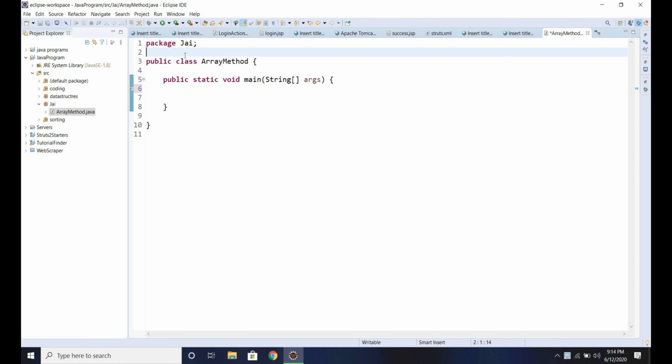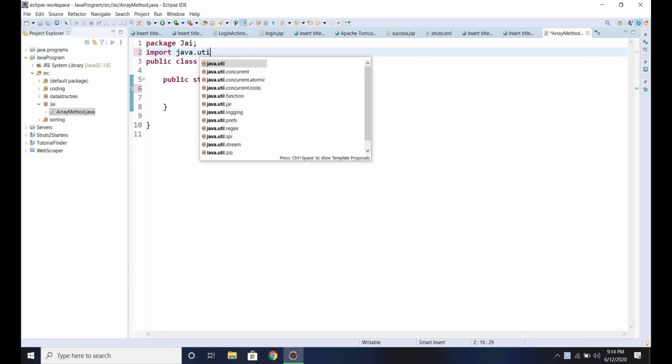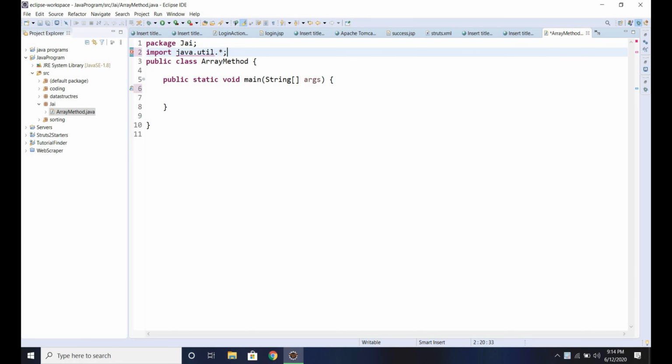So here I am importing one file, import java.util.*. Okay, so here we need to declare one variable of integer data type. So for that we will write int n. This is for the size of array.